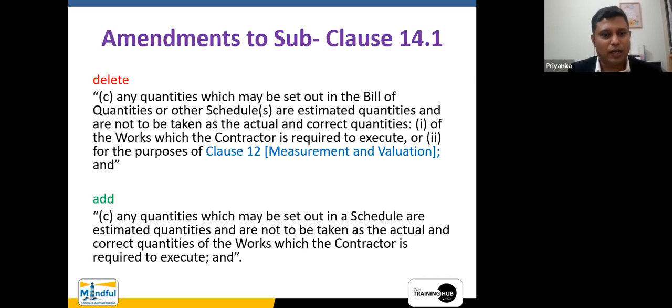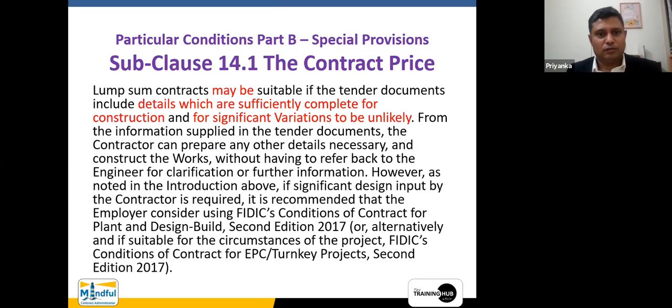Now see what has been changed. Any quantities which may be set out in a schedule are estimated quantities and are not to be taken as actual and correct quantities for the works which the contractor is required to execute, right? Now they are talking about any of the quantities which are mentioned within the lump sum type of contract cannot be taken into account as actual quantities of the works which the contractor is required to execute. So this is specifically mentioned in item C, which gives the ground for that particular term which I spoke to you about, right? And then it talks about